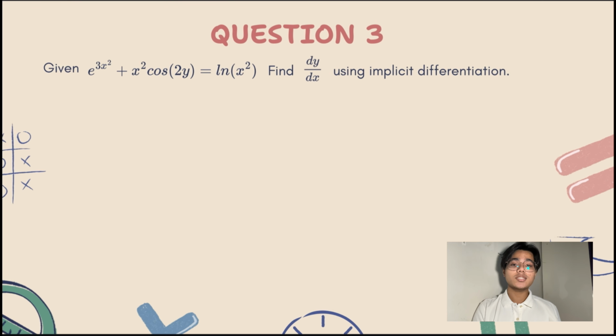So the first thing you guys have to do is separate them into three groups, which is group A, B, and C. For group A, exponent 3x squared, you guys have to differentiate it. So y prime equal to 6x exponent 3x squared. For group B,